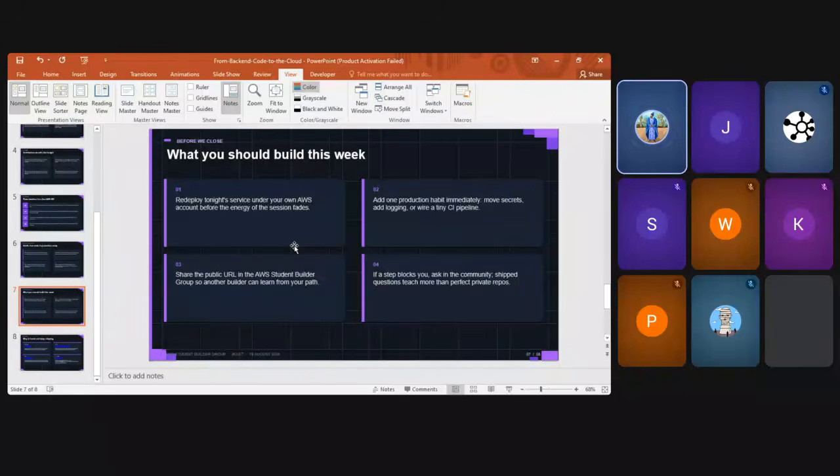Maybe your dad or mom has a restaurant and people just come and book, like how they do it in the West, in the US and UK. You book a restaurant, you go and have dinner, and once your time is up, that particular table becomes vacant. So you can share the public URL, and make sure it has HTTPS, meaning it's very secure, on your student builder group that Jude has.